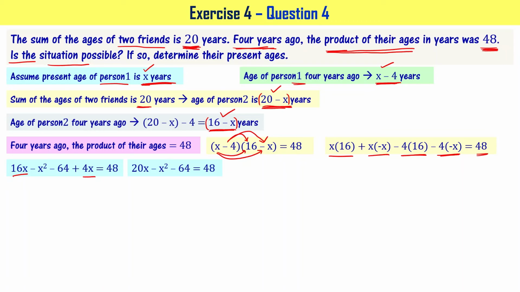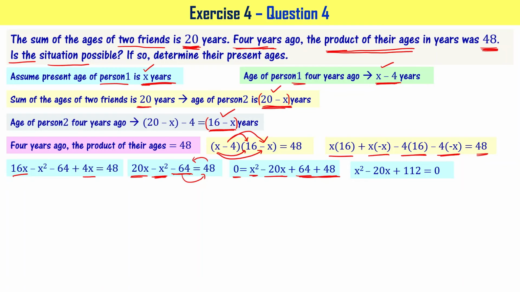Right? Now let me transpose this 48 to this side, or otherwise you can bring everything to this side. Let me do that so that x square is going to have a positive sign when it goes to the other side, right? When I do that, on the LHS I will have only 0. Minus x square becomes plus x square, and plus 20x becomes minus 20x, and minus 64 becomes plus 64, and this 48 is as is. Now let's add these two, right? So that I can write the equation as x square minus 20x plus 112 equal to 0.